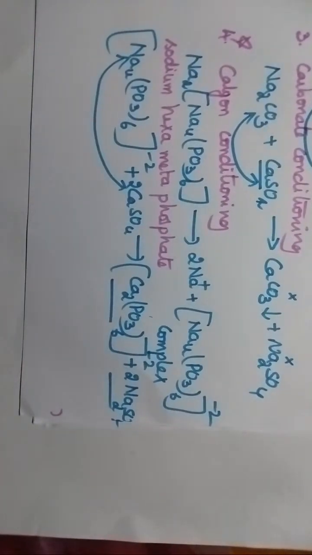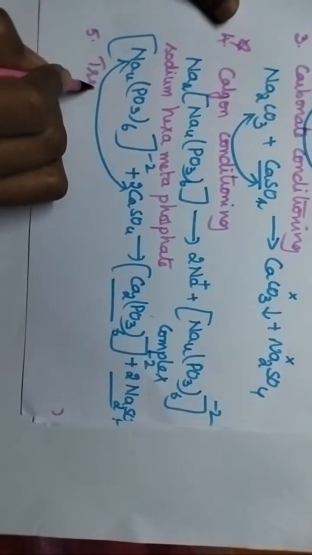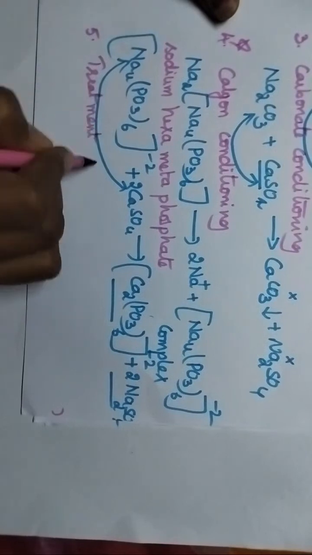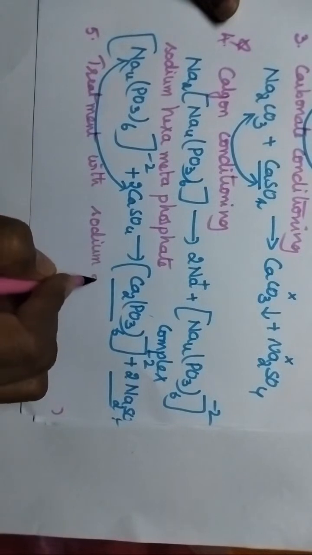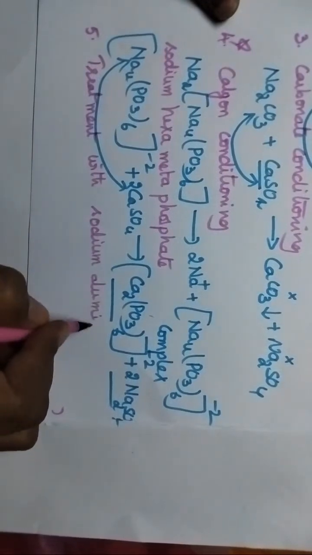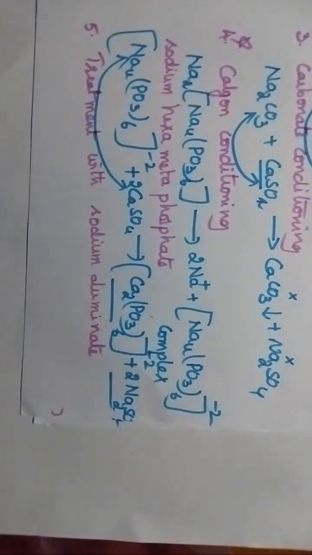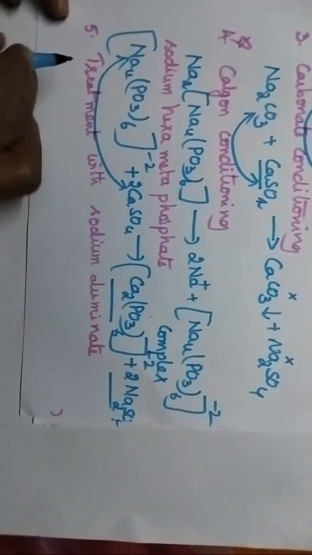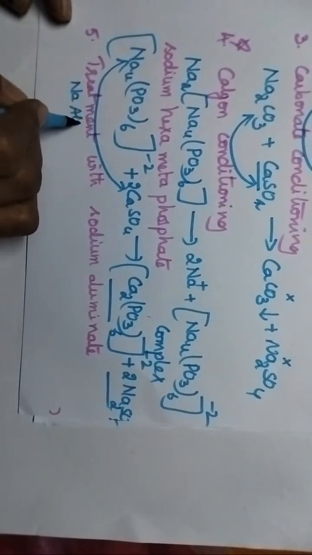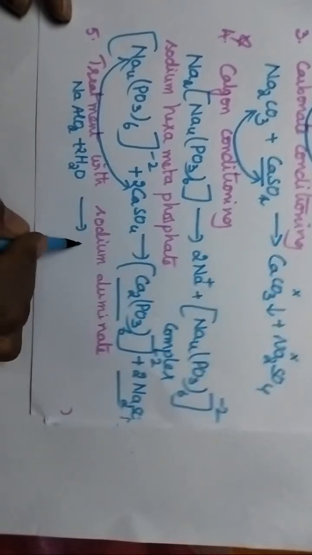Okay. Moving to the fifth method, that is the treatment with sodium aluminate. So the fifth method generally involves the treatment with sodium aluminate. In this method, sodium aluminate will be added to the water. Then initially it results in the formation of